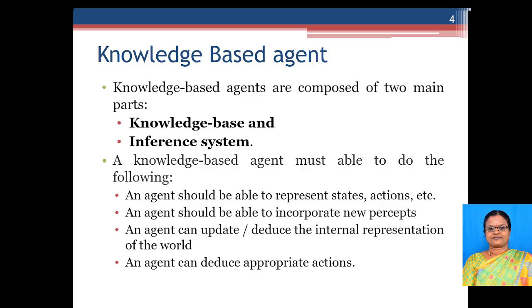So this knowledge-based agent is basically composed of two parts. One is the knowledge base and the other one is the inference engine. So what is a knowledge-based agent? What are the activities it can do? It is an agent which is able to represent the state, actions, etc., able to incorporate new percepts, that is, observe the sequence of events from the environment, right? And then update or modify the internal representation of the world, and deduce appropriate actions. If an agent has all these four characteristics,